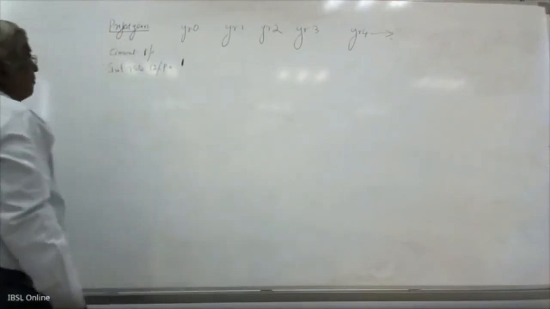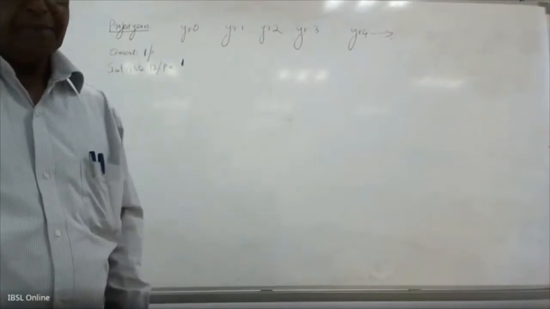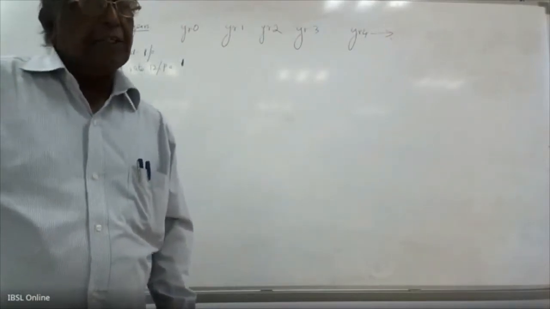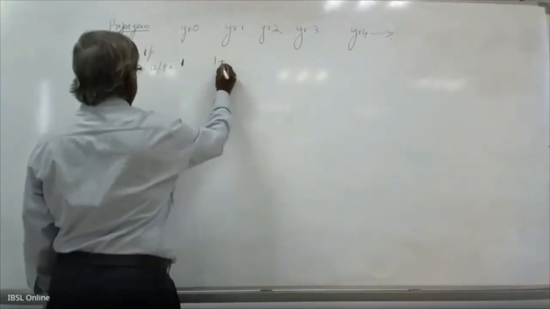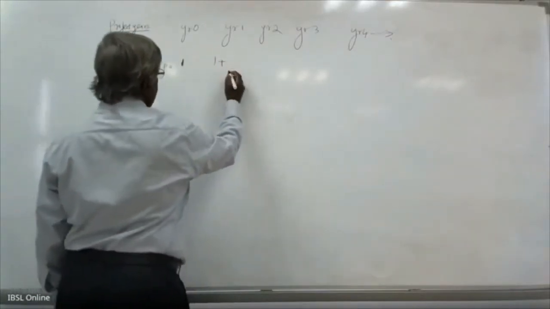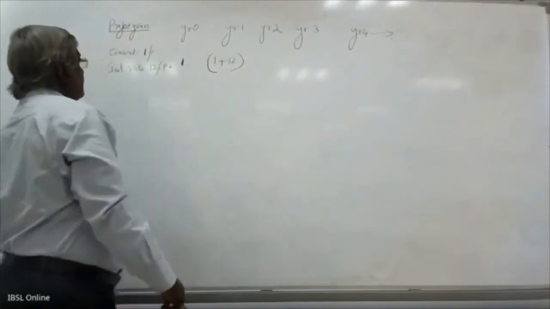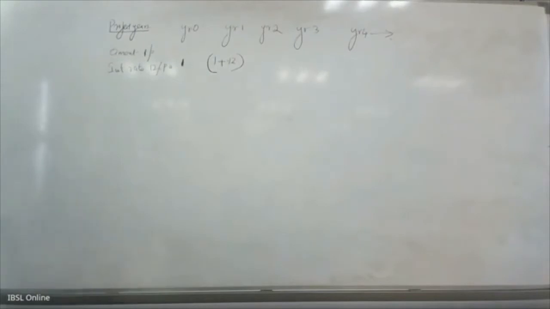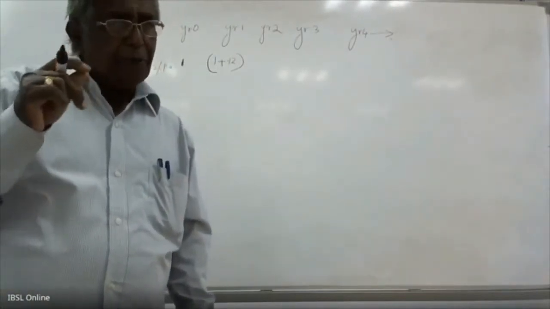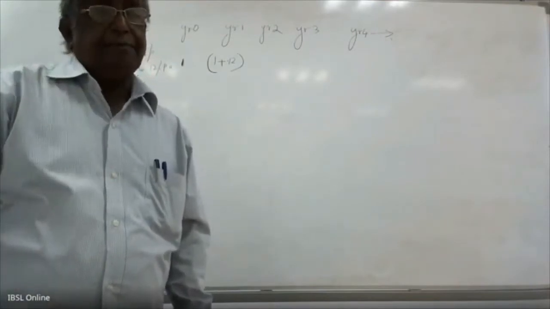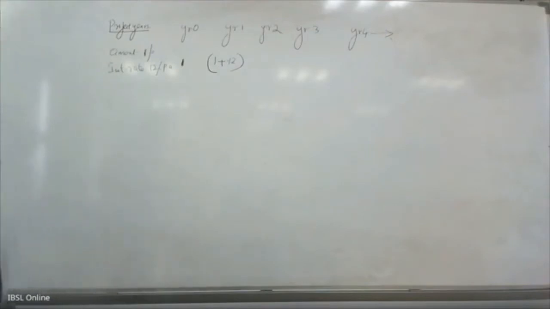Now, in year 1, what will be the value of this money? That is capital 1 rupee plus interest from this capital, that is 0.12. 1 plus 0.12. 12% means for 100 rupees, 12 rupees. So for the 1 rupee, 0.12 for 1 year. So the next year we will get 1 plus 0.12.